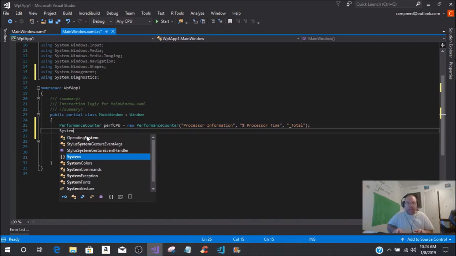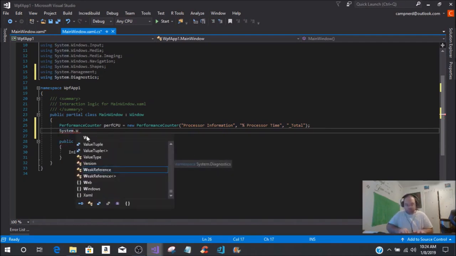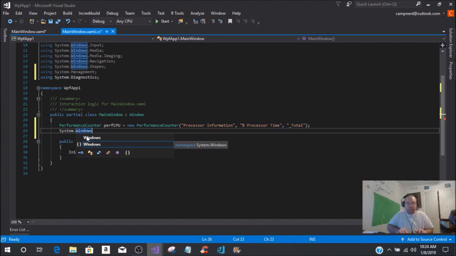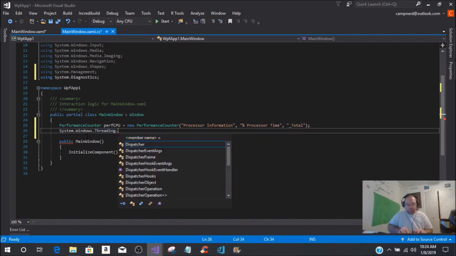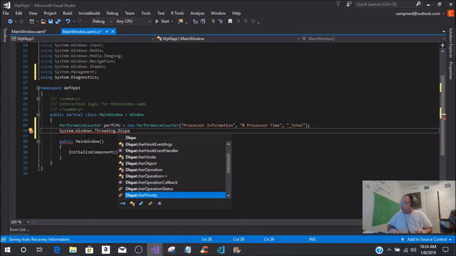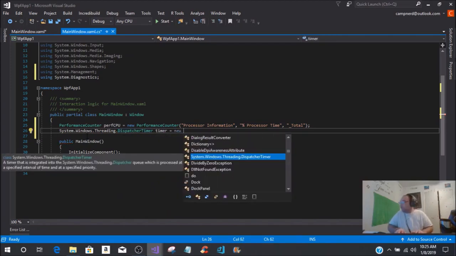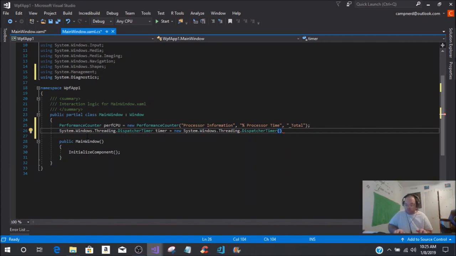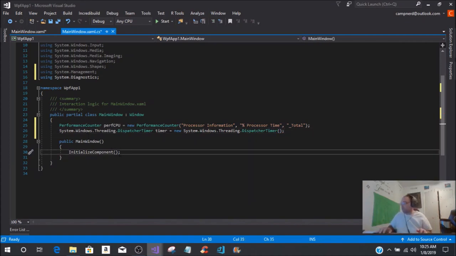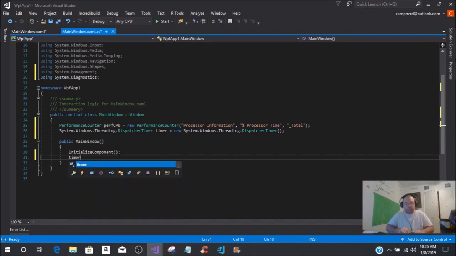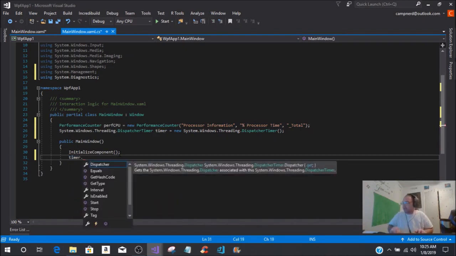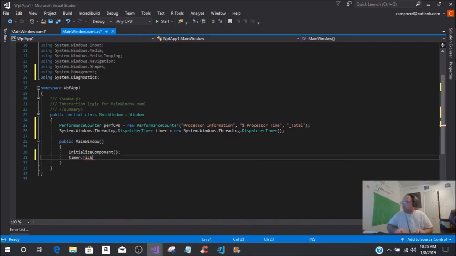So we're going to create a timer event, System.Windows.Threading.DispatcherTimer, and then this is going to be called timer equals new. And we're going to close that off right there. Then we're going to come under our InitializeComponent, and we're going to create the timer.Tick event. So timer.Tick